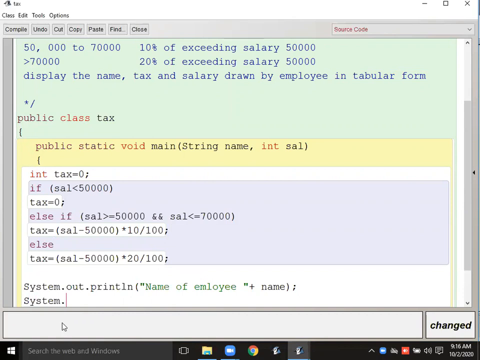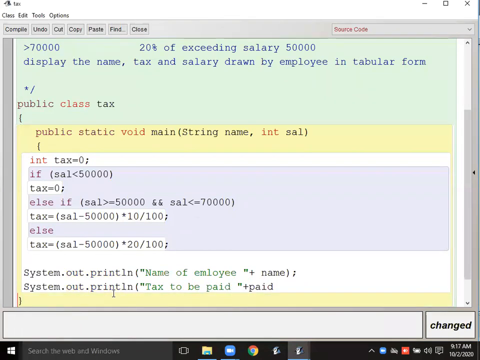System.out.println, tax to be paid. Okay, I have to display in the tabular format. Wait.